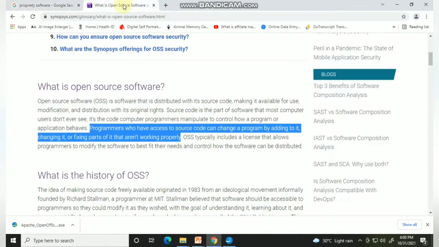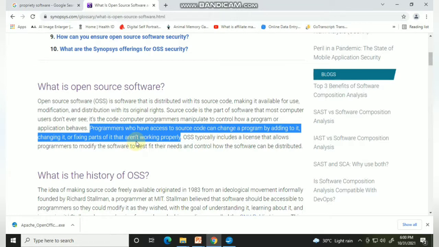Then what is open source software? It will be distributed through the network, so that anybody can download that software and they can change it or add a few more features to the original source file, and use it according to their wish.